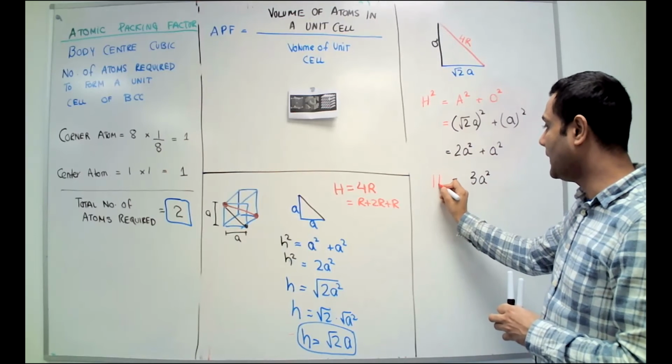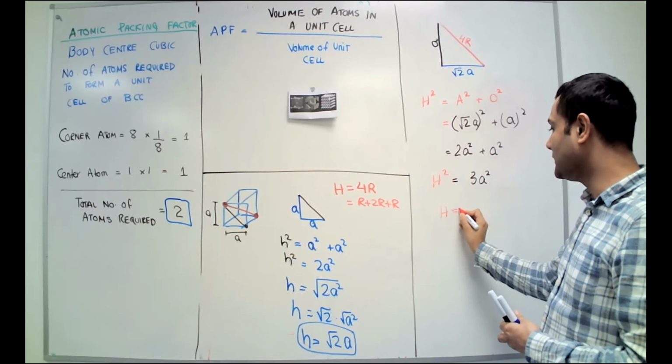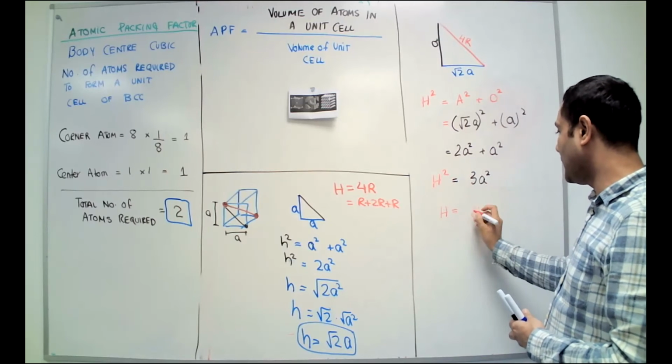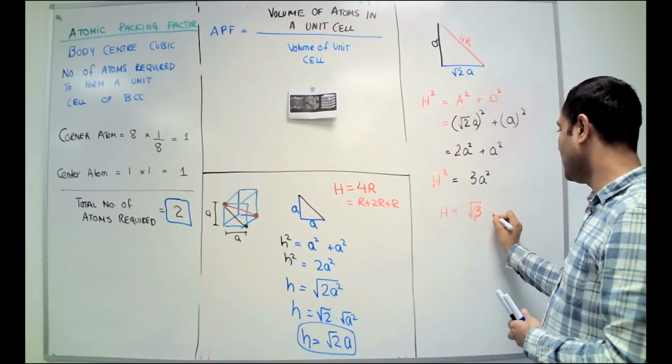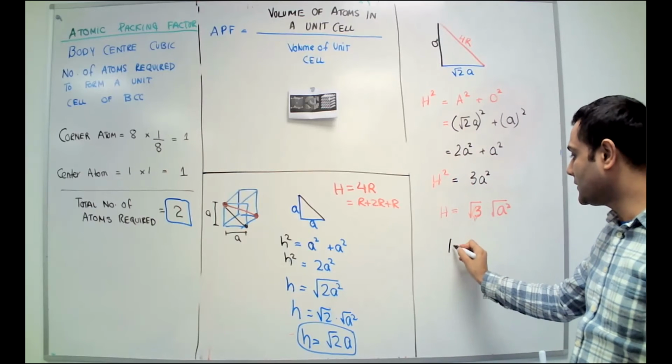3A squared is the big hypotenuse. So I call that one big hypotenuse squared. But I want a big H. So I square root both sides. So that will be H, and when I square this one, that will be 3, and when I square this one, this is going to be that. If I simplify this bit,